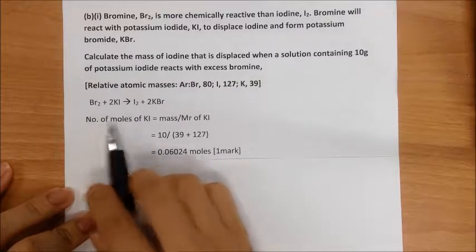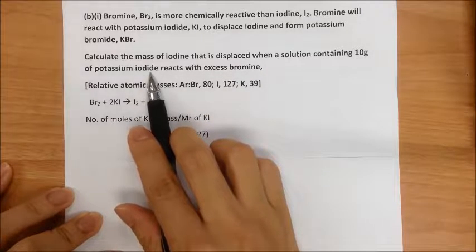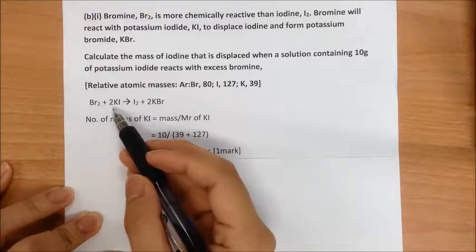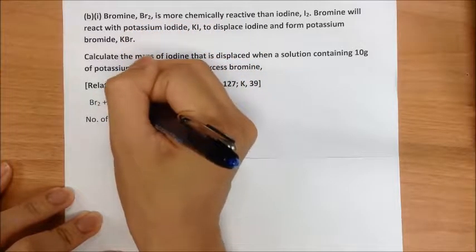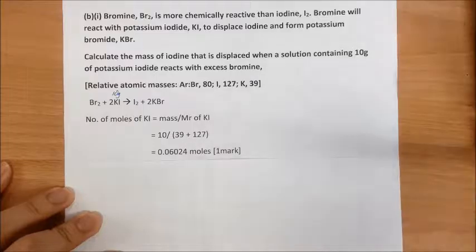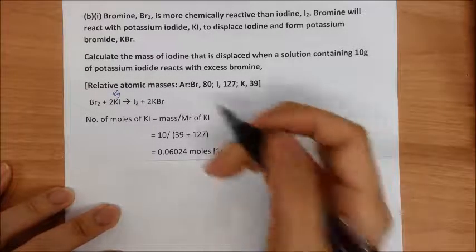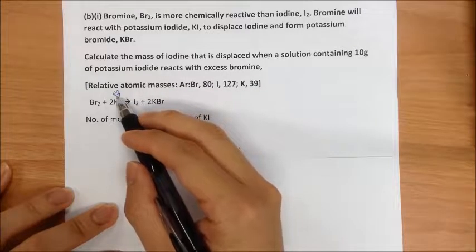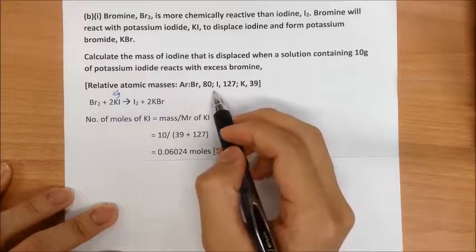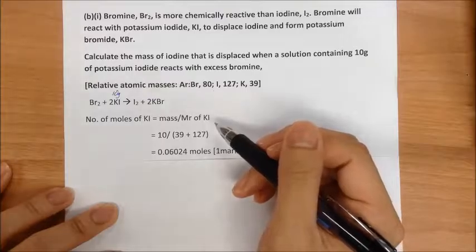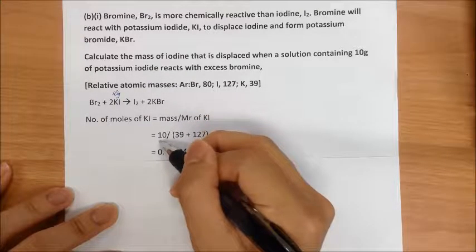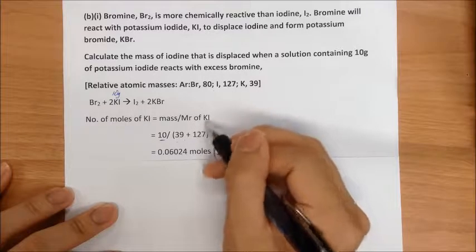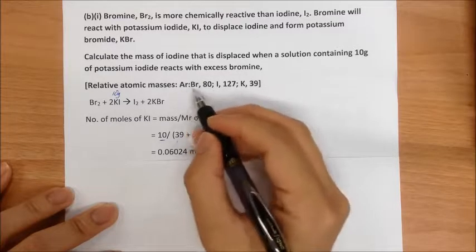Okay, from here you can calculate. Since they give you 10 grams of potassium iodide, that's one piece of information that you have. Okay, you may actually go to your equation and write down the information that you have. So for example, I write here 10 grams. Okay, this is the information that I have. I have the information of the relative atomic mass. So if I have the mass, I have the Mr, the next thing that I calculate is the number of moles. So using 10 grams, okay, I divide by the total Mr